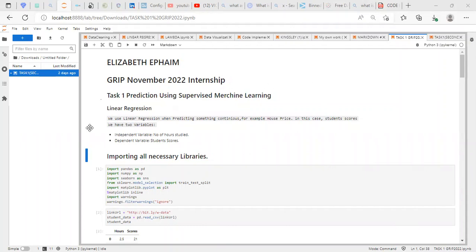I attempted task one of the GRIP November 2022 internship program. Task one was prediction using supervised machine learning. I attempted this task using linear regression because we usually use linear regression when predicting something continuous, for example, house prices, or in this case, student scores. We have two variables, the independent variable, which is number of hours studied, and the dependent variable, which is student